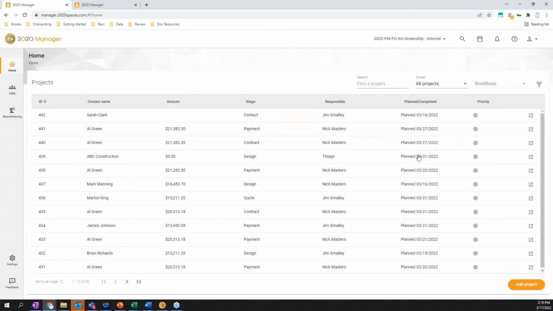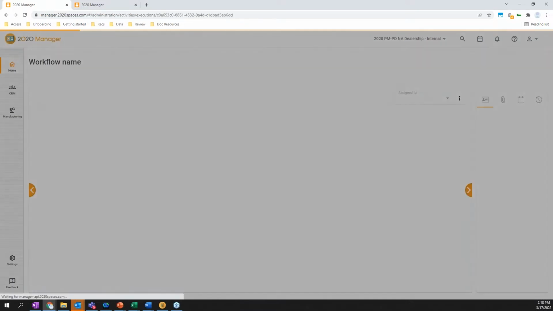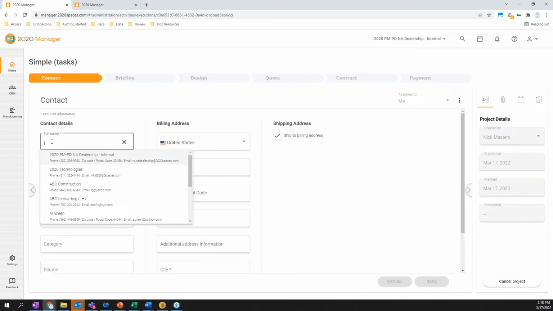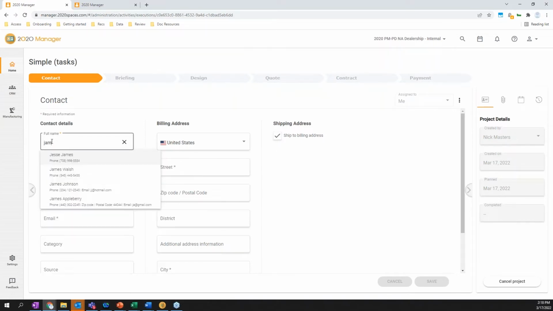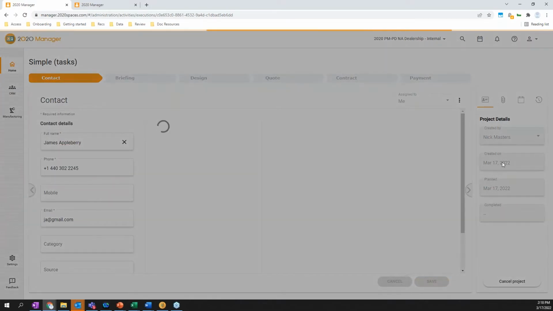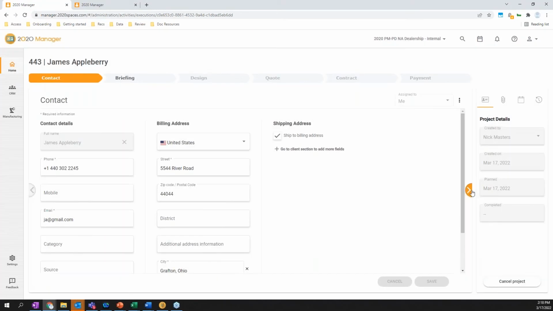So let's give you a quick preview, and then we could talk about some more use cases, but a quick workflow preview here. I'm going to come in here and choose an existing contact. I can start from scratch, but you'll notice as I start typing in a contact, if they're already in my system, it'll focus. I'm going to choose Mr. James Appleberry, but essentially I've worked with them in the past. I have some information. I'll choose that contact, save,